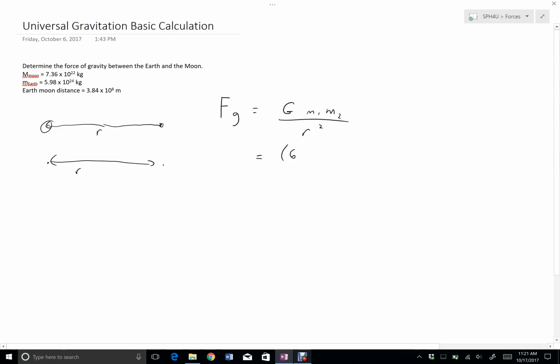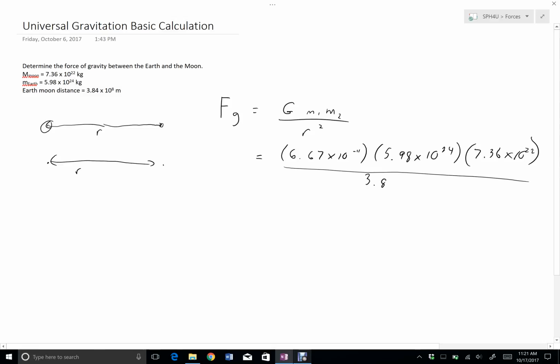The universal gravitational constant, 6.67 times 10 to the negative 11. Mass of the Earth, 5.98 times 10 to the 24. It doesn't matter which one is M1 or M2, right? These are multiplied with each other, so it doesn't make any difference who's who. Mass of the Moon, 7.36 times 10 to the 22. And the distance between the Earth and the Moon, on average, is 3.84 times 10 to the 8 meters